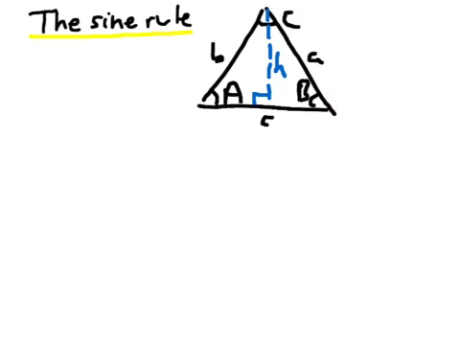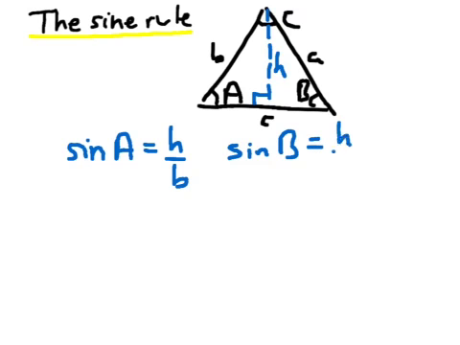So we can immediately say that the sine of capital A is h over little b, and the sine of capital B is h over little a. So I can multiply the equation I have here by lowercase b, and I get little b times the sine of A is h, and here if I multiply both sides by little a, I'd have little a times the sine of B is h. So if both of those things are equal to h, they must be equal to each other. So therefore it follows